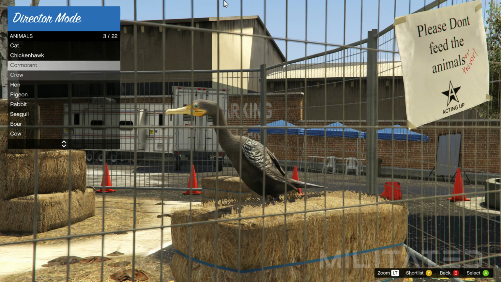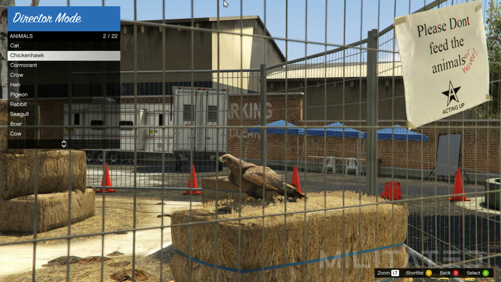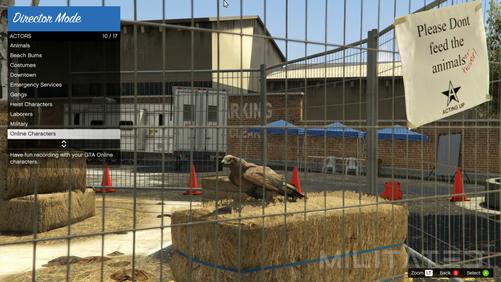If you don't have the chicken hawk unlocked, then that means you haven't got the peyote plant in single player, so go onto Google and type in chicken hawk peyote plant location and go and get it. Okay, so now that we have the bird shortlisted, we're going to back out of there and go down to